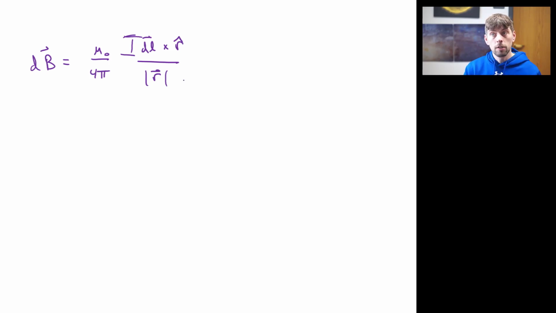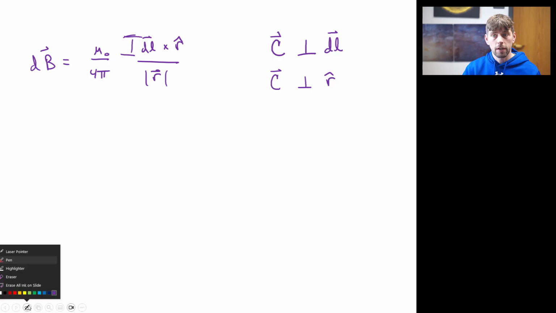In other words, when we do this vector multiplication, we end up with a third vector, I'll call it vector C for right now, which is perpendicular to the original vectors that we were using. So C will be perpendicular to the direction that the wire is oriented, and C will be perpendicular to the relative position vector. Now you say, well, how do you do this integration process? Because now you will have to do an integral to find the entire